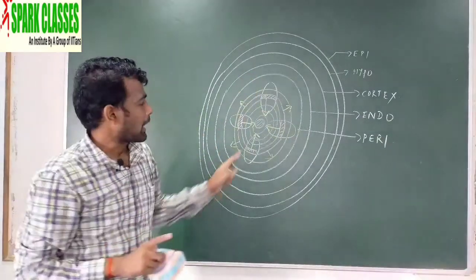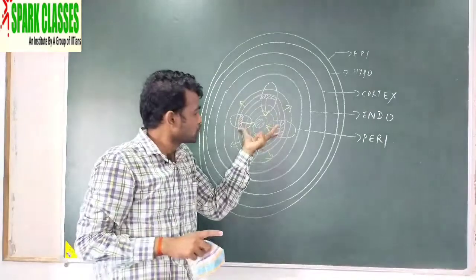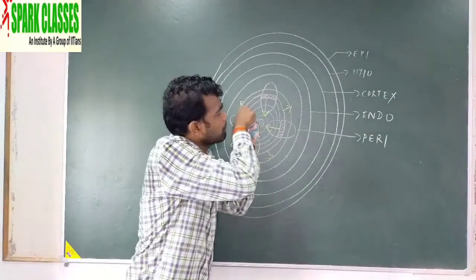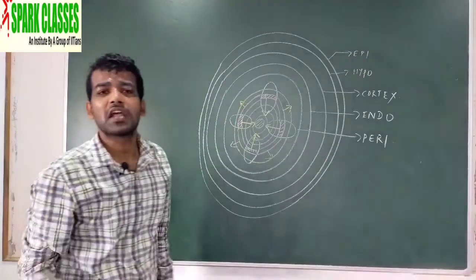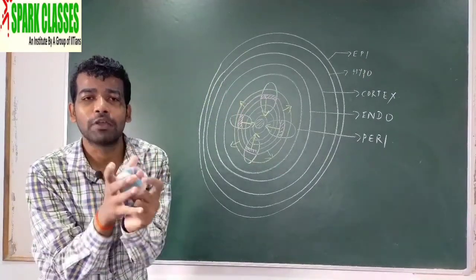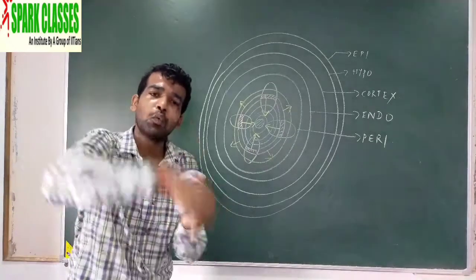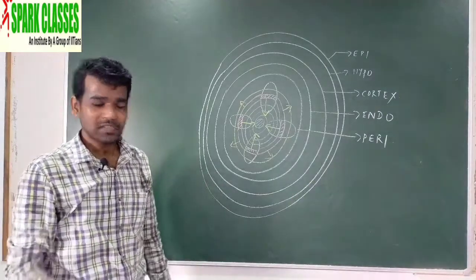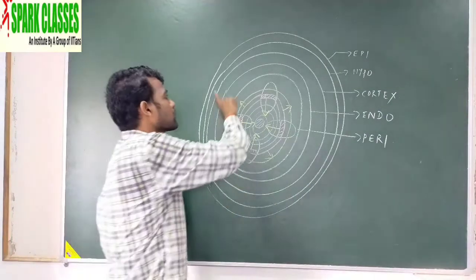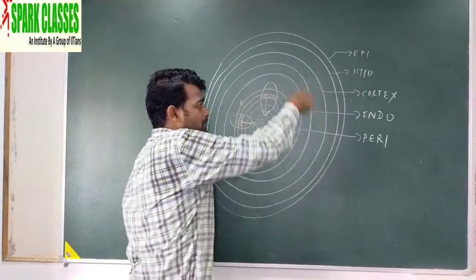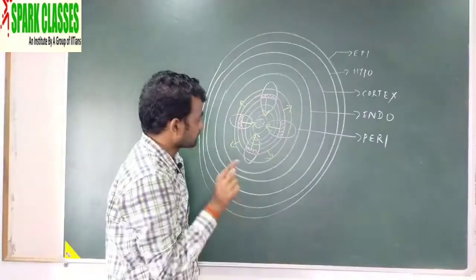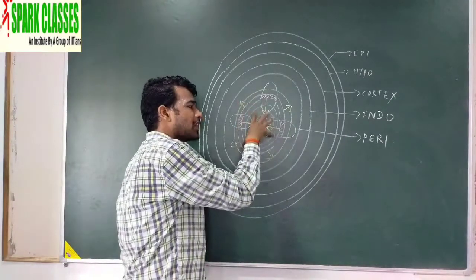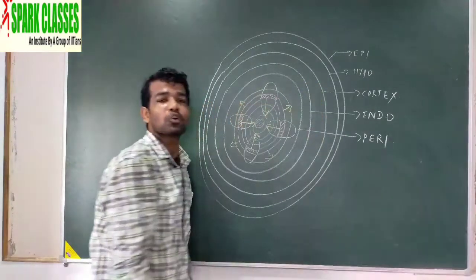So after secondary growth, when new cells and new tissue are produced and accumulate more and more inside, it will put pressure and burst the external layer. Just like you can take the example of a balloon. When more and more water enters inside the balloon, the outer layer or wall of the balloon will burst. Similarly, the same thing happens. These are closed coverings, epidermis, hypodermis, cortex. So when the amount of cells or tissue increases at the central portion, it will put pressure and burst the outer layers.